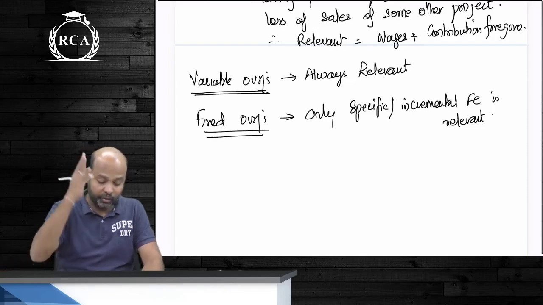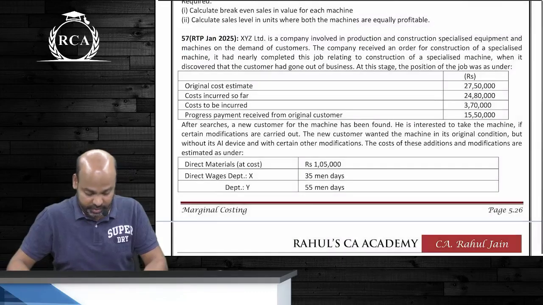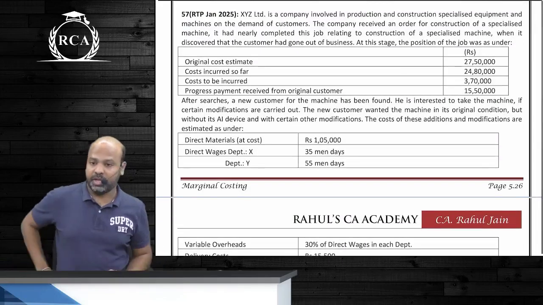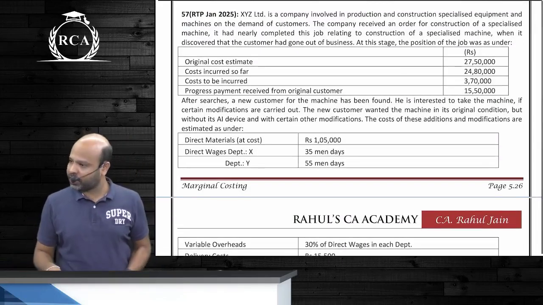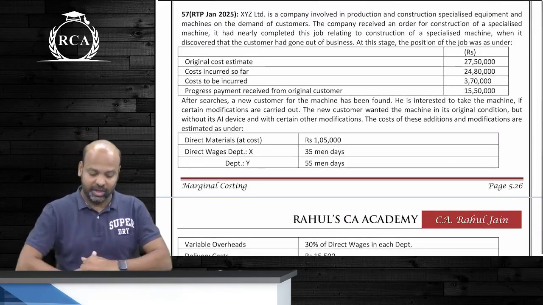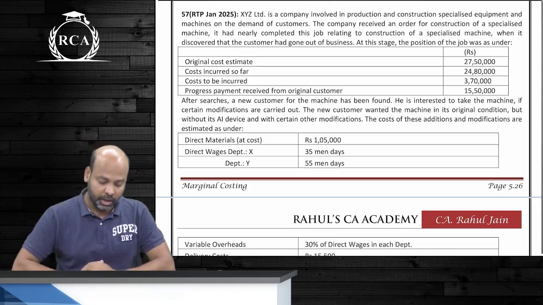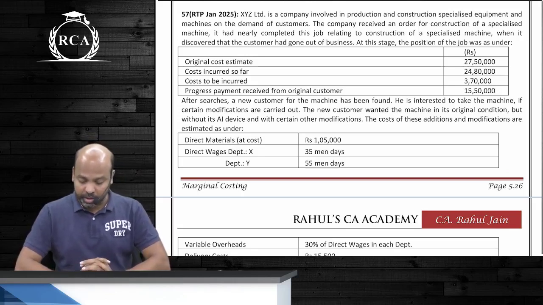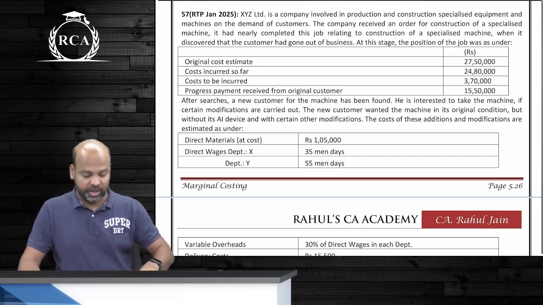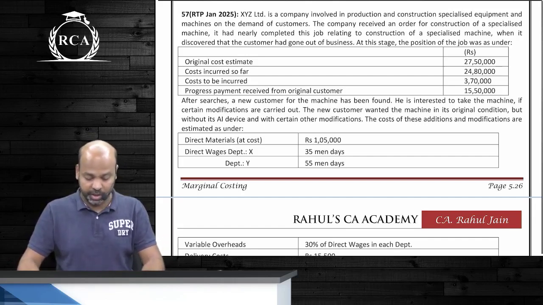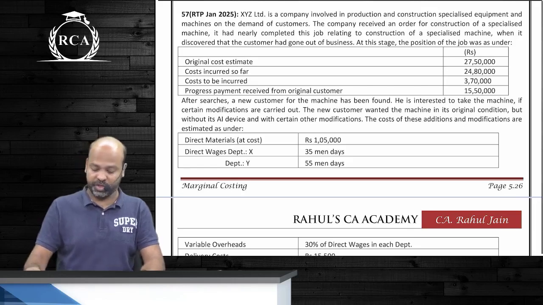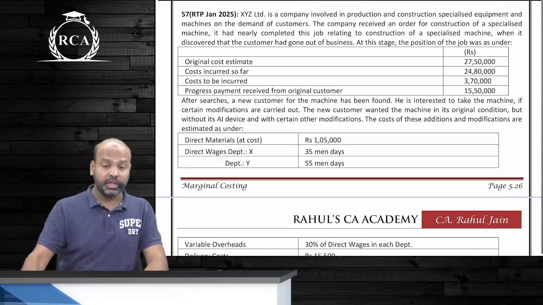Okay, let us quickly discuss the question better first. Question number 57, guys. I hope you've all written that. XYZ is a company involved in production and construction of specialized equipment and machines on the demand of customers. The company received an order for construction of a specialized machine. It had nearly completed this job when it discovered that the customer had